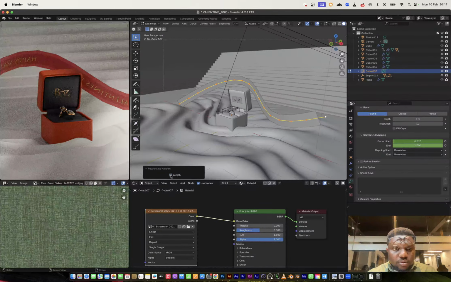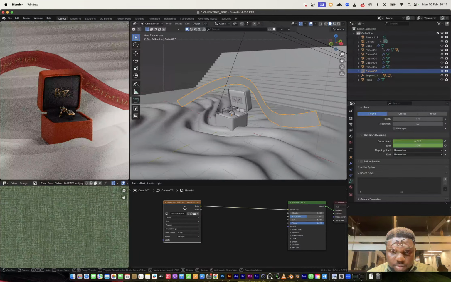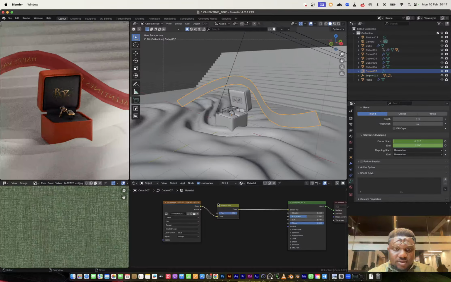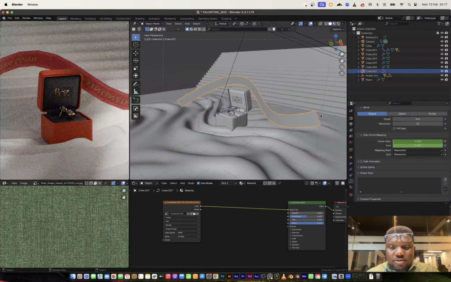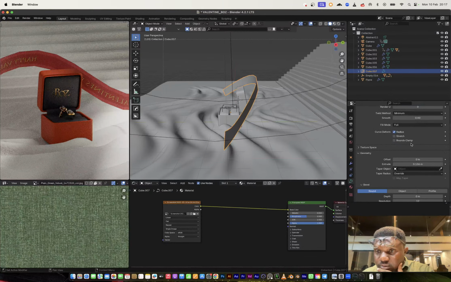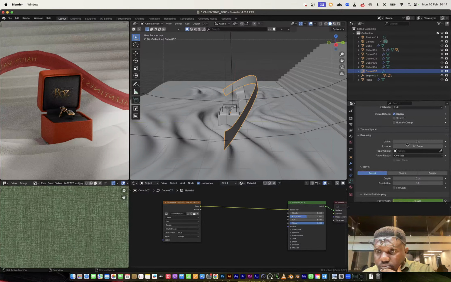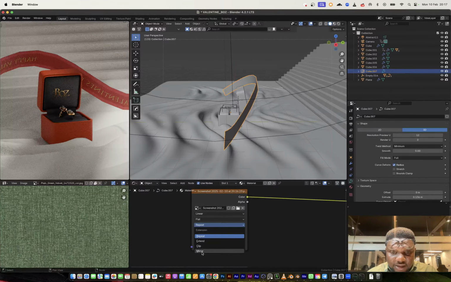Nope. So maybe can I invert this? This is inverting color. Certainly not. Now that this is inverted, how can I mirror?